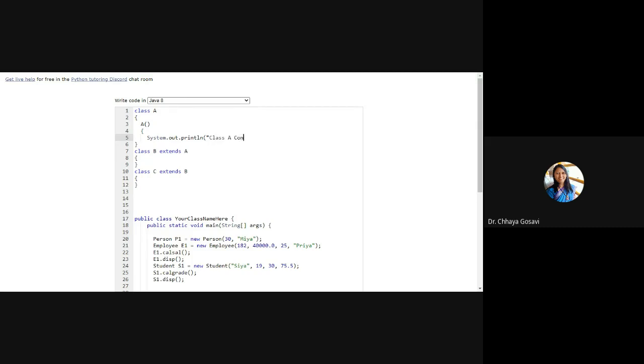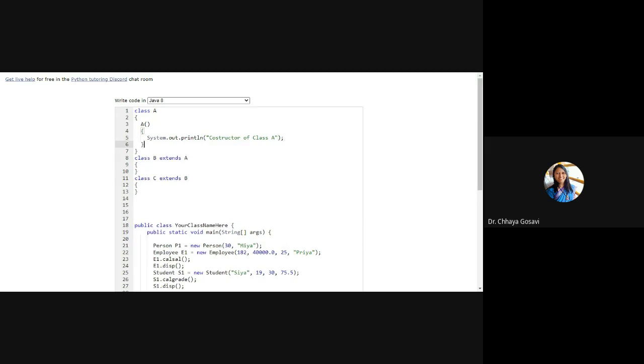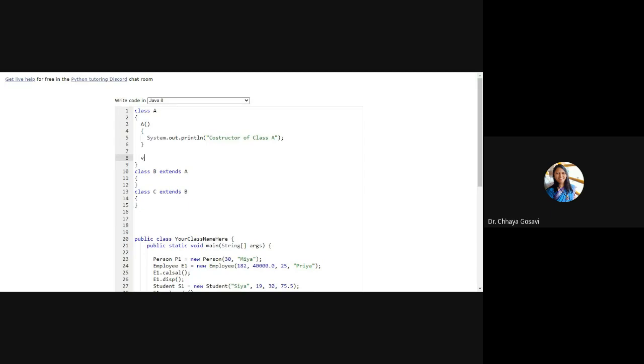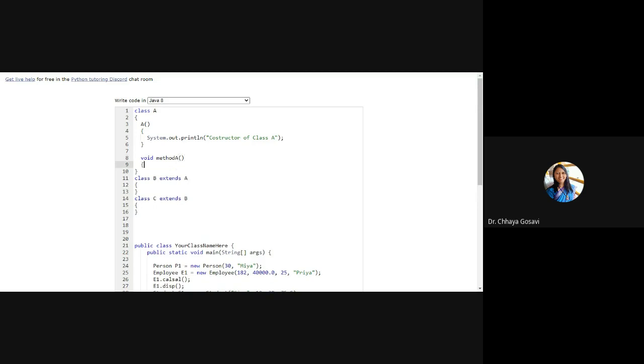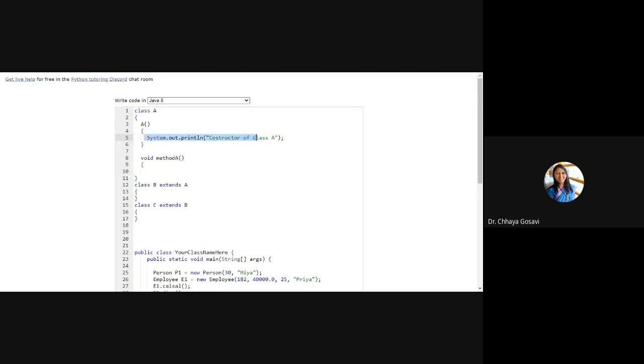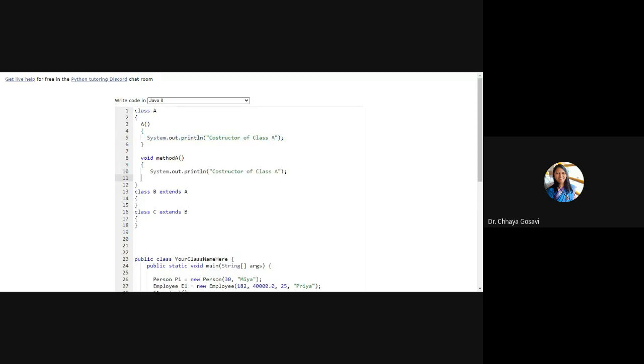Constructor of class A, and a method, say void method of class A. So class A has a constructor and a method.